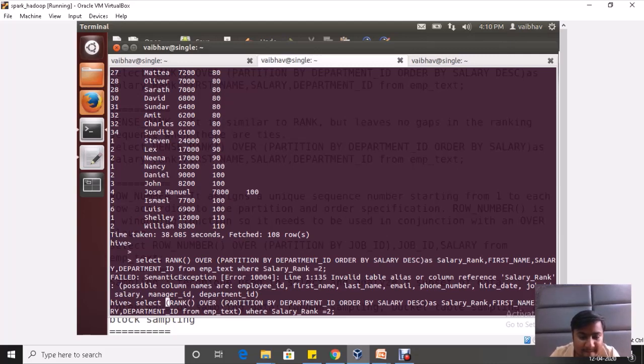Select star from select t where t.salary rank.